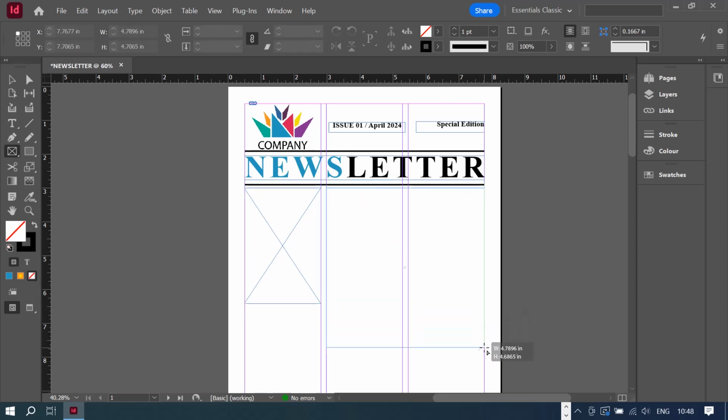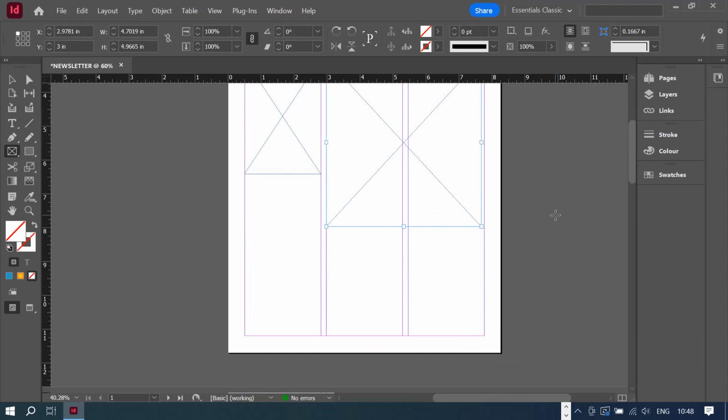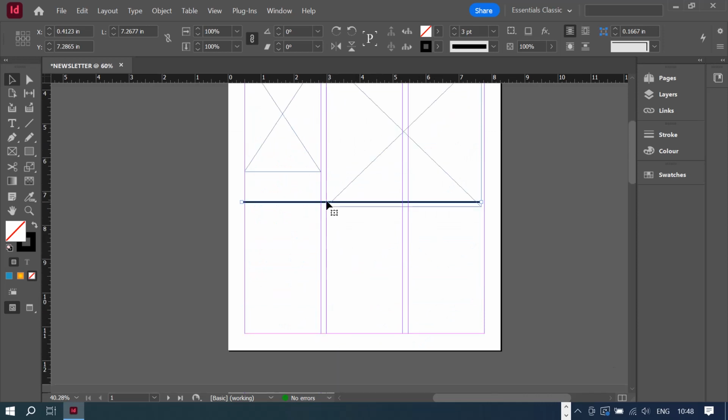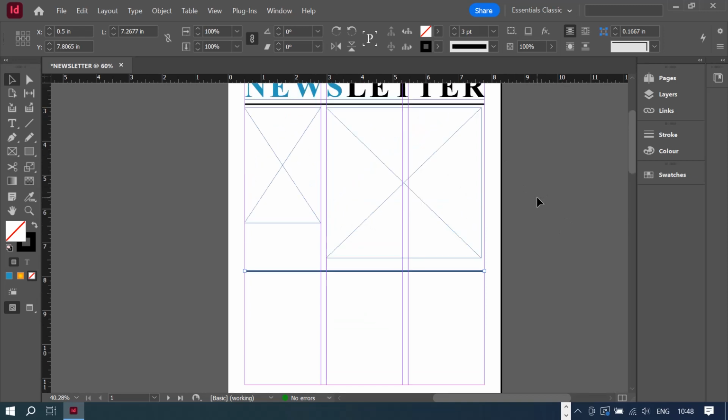Of course, depending on how you want to structure how you want your images and text to align. So I'll draw something like that, and then I'm going to pick another line here. I'll just duplicate this that has already been drawn, take it down. So somewhere around here. So with that,